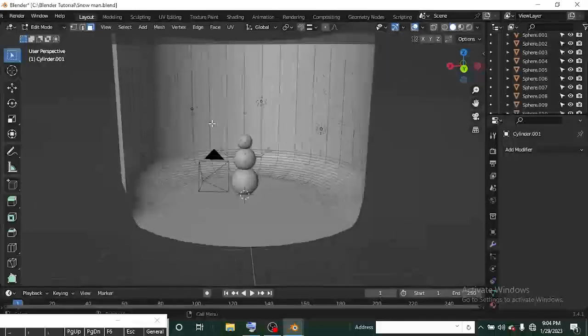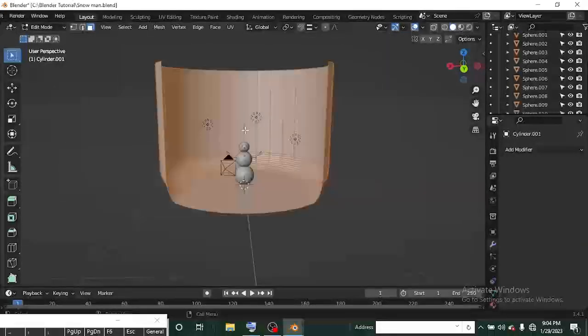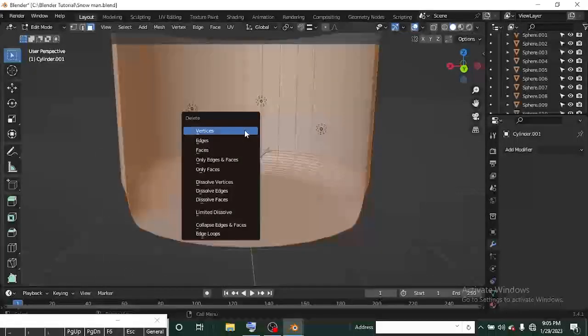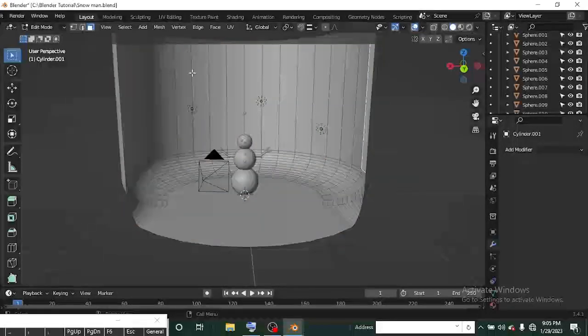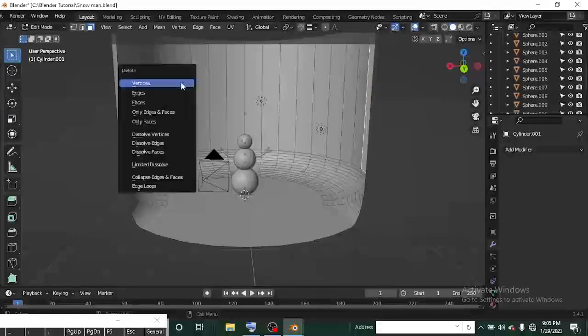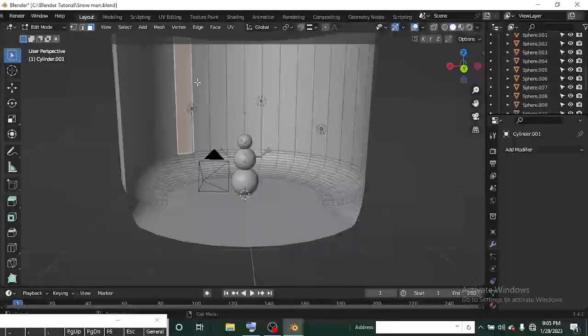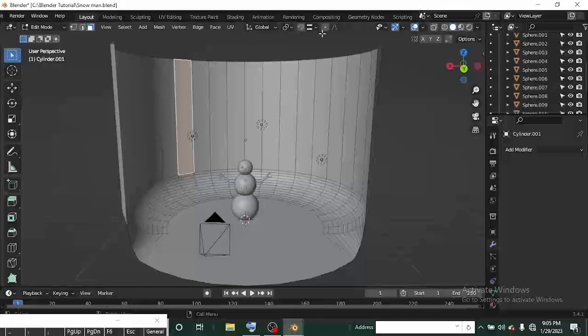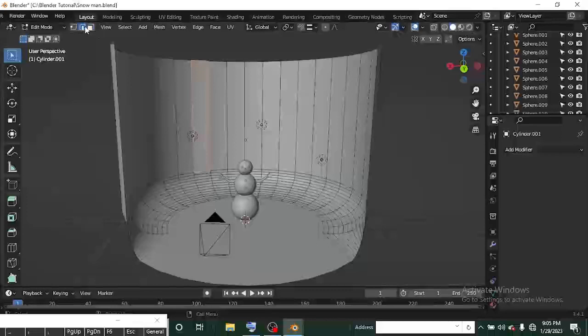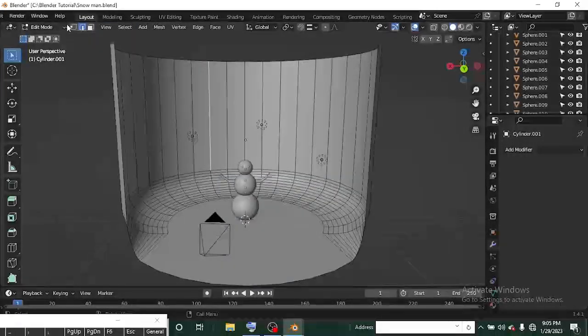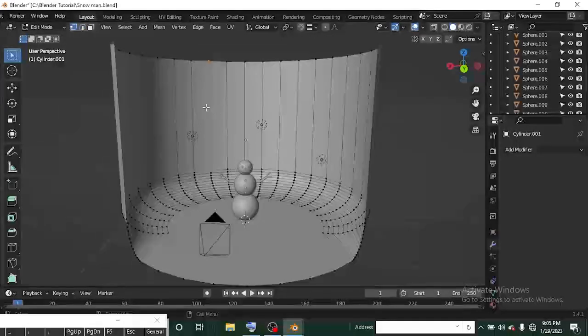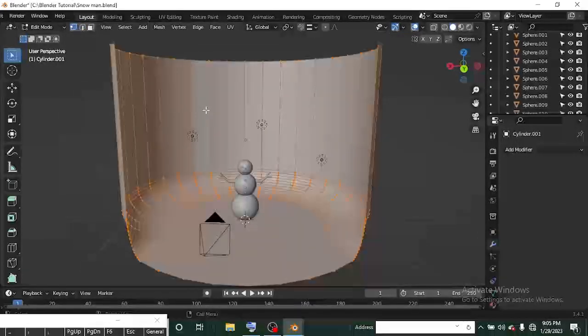Okay, so we are going to delete all these. I'm going to select all of this, then delete. Once you are in edit mode, if you want to delete stuff, you can't just delete them one by one. You have to choose whether you want to delete vertices, edges, or faces. I just talked about vertices, and I'm going to talk more on them now. So if I use A to select all,